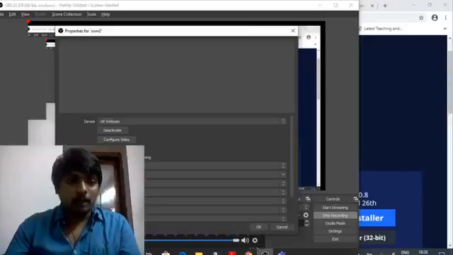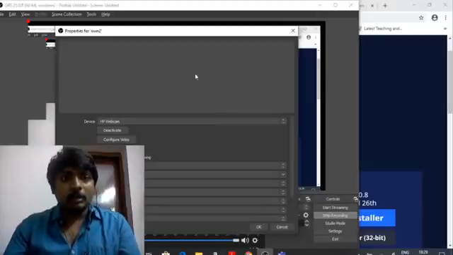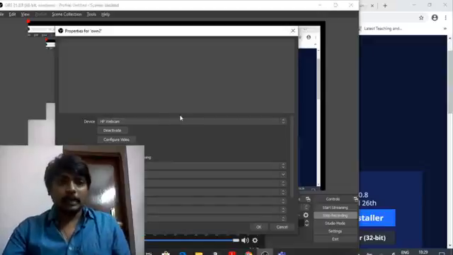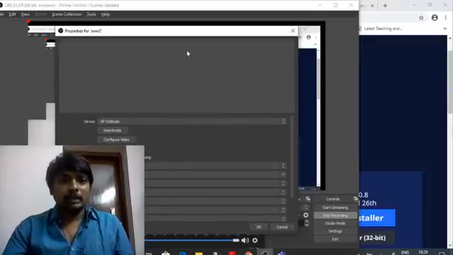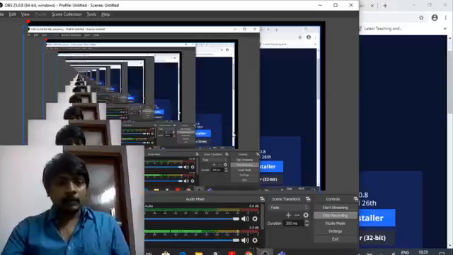I have already opted for my HP webcam device in zone 1, so it is already busy in that process, and it is not getting shown here. Otherwise, a preview window will be shown with respect to my current picture, or the camera's view, so that before starting our video we can make changes to our background. How it will look in our video can be seen in a preview pane here, right? So now I am canceling it.